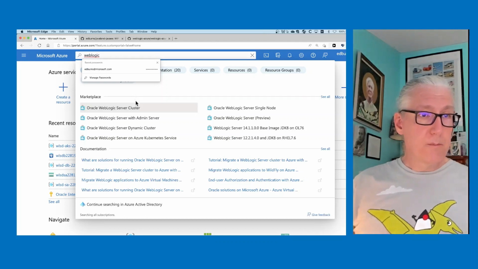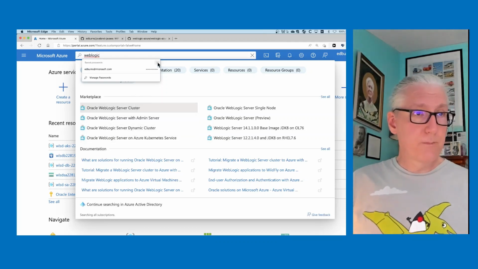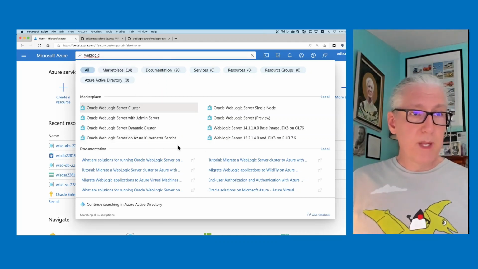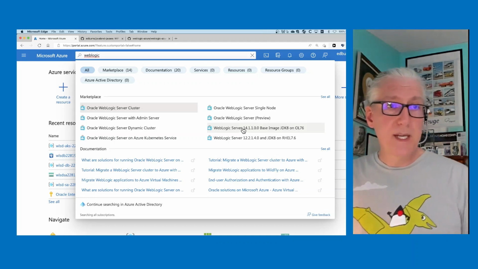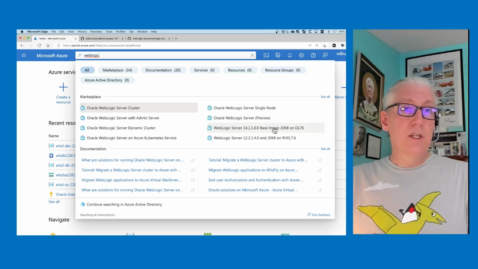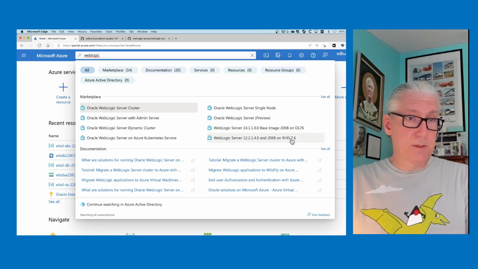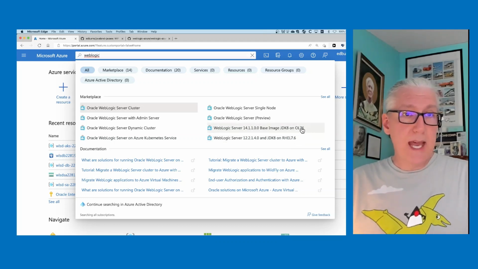And we have many different options that show up here. The first I'll mention is these different base images. So we have a large collection of WebLogic base images with different combinations of WebLogic version, JDK, and operating system. In this case, we can see Red Hat and Oracle Linux